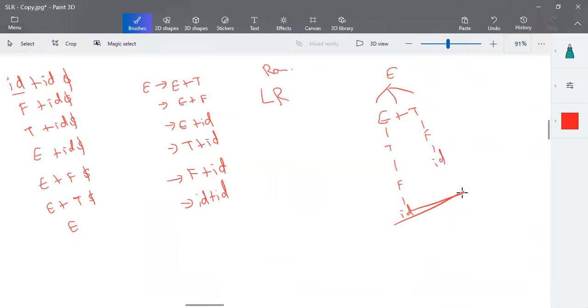Okay. So this is one example I want to show you. I just want to solve one more example with some complication. This is a really easy example just to understand it. And I'll take one more example and I'll solve it for you. I'll just take the same table and I'll show you how to solve for that.